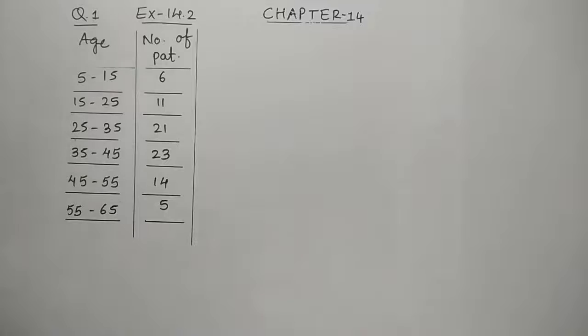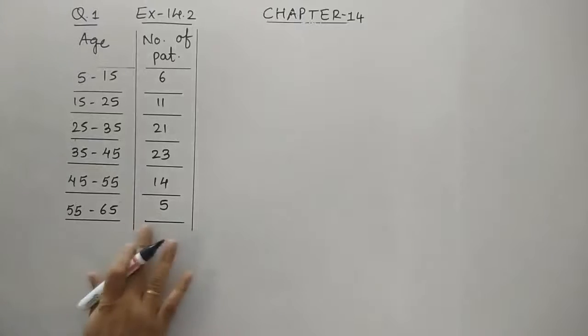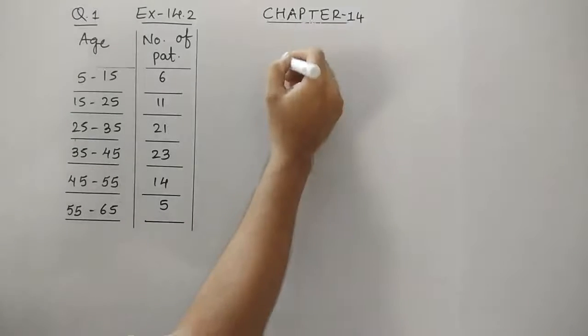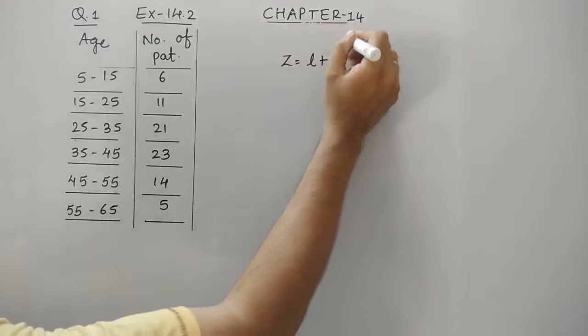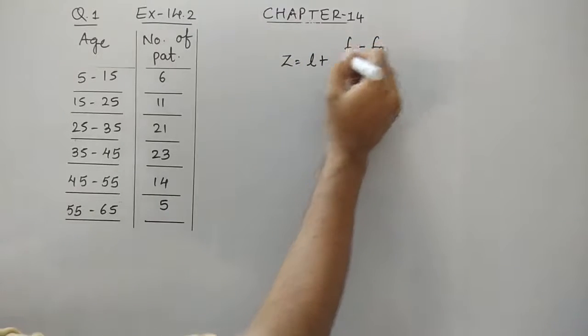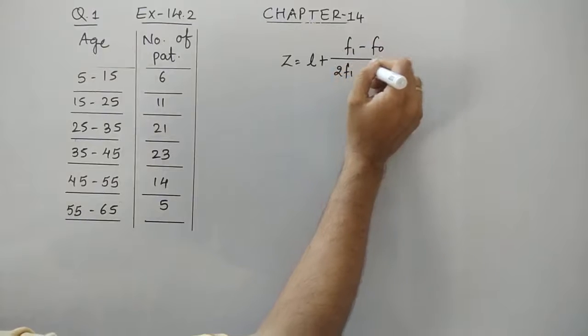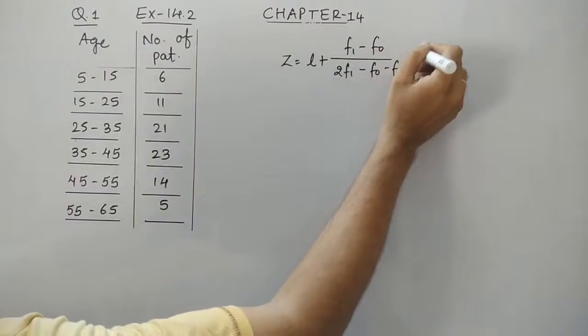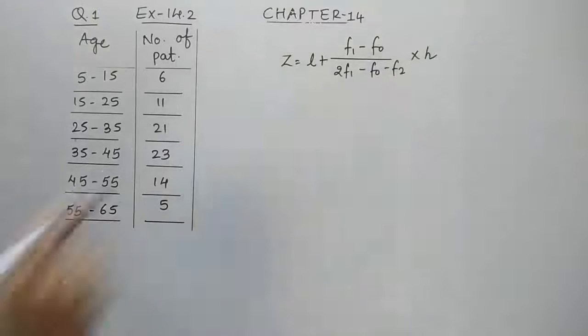Fine. So let's first find the mode of this data. We'll learn how to find the mode. We have already discussed how to find the mean. So in this session we'll learn how to find the mode of the given data. You can find the mean on your own, and you can interpret the values of mode and mean. So as we discussed, the formula of mode: Z is equal to L plus (F1 minus F0) upon (2F1 minus F0 minus F2), into H. Let's get all these values.